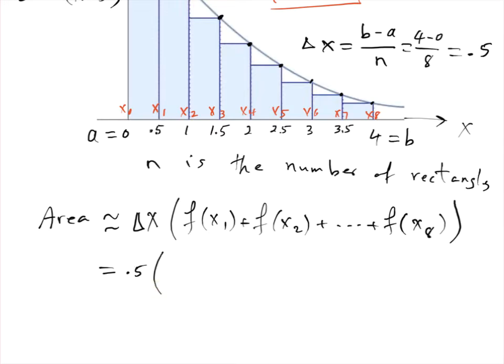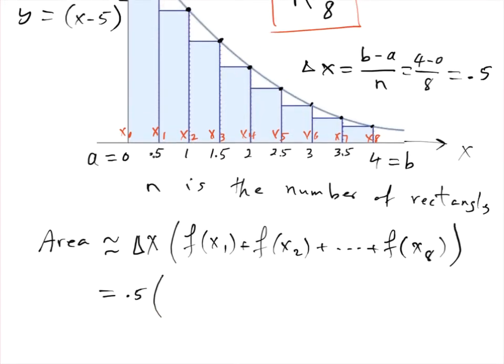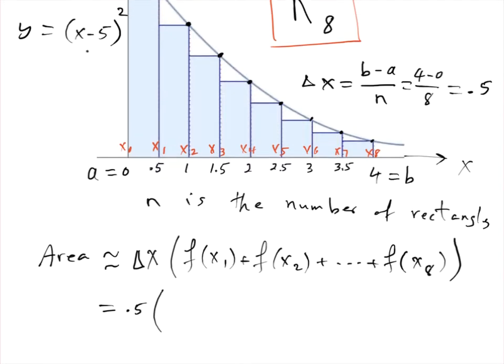Now f of x1 is to put 0.5 in here, so that's the formula. 0.5 minus 5 is minus 4.5, and you're squaring it, so that would be 4.5 squared plus the next, you put in 1, minus 5 is 4, so you have 4 squared, and then